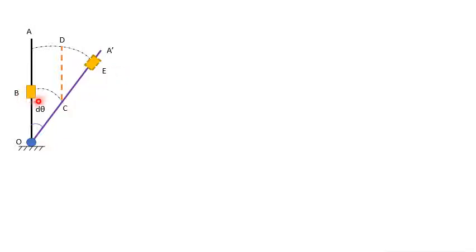In order to reach the position from B to E, it has to pass through three steps. The first step is due to the rotation of the link, the second step is due to the outward velocity of the slider, and the last step is due to the acceleration perpendicular to the link. This additional acceleration is nothing but the Coriolis component of acceleration, or Coriolis acceleration.